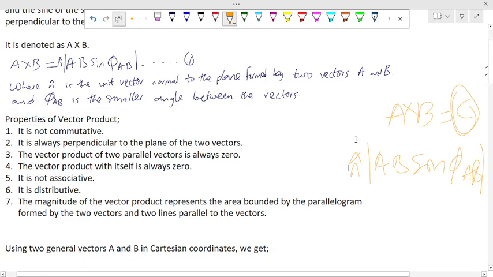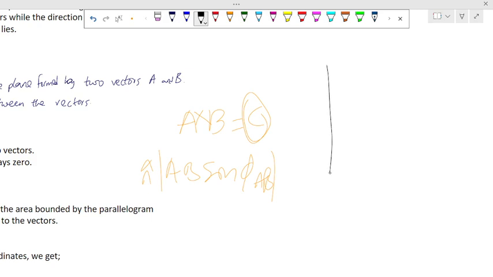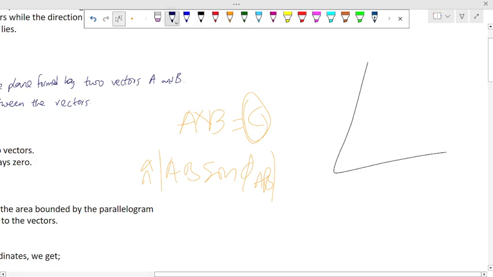Now, this normal is what I want to explain. This normal simply means that if we have A in this direction and B in this direction,